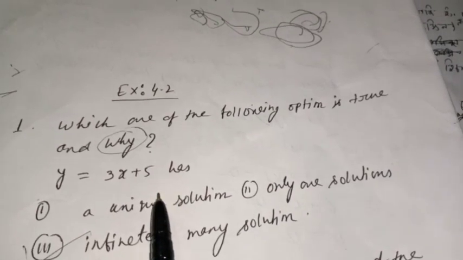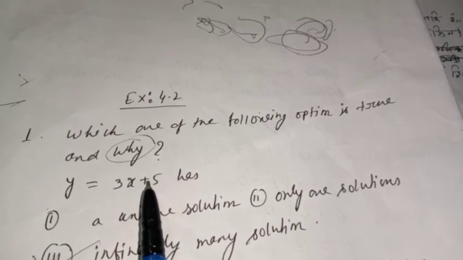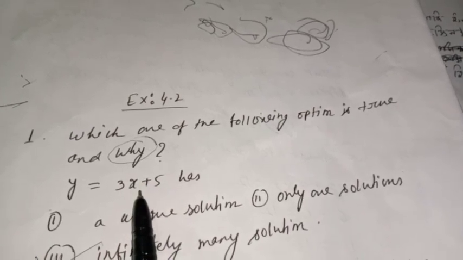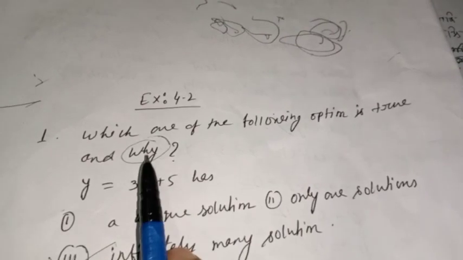The answer of why you can find out yourself if you understood the explanation. Because you can get different values of x and y for this equation, or you can find the answer yourself. No need to give me homework, you can find out why yourself, because I have explained. Next,